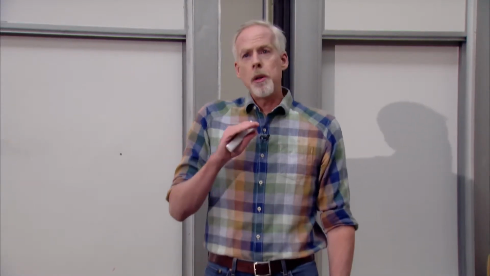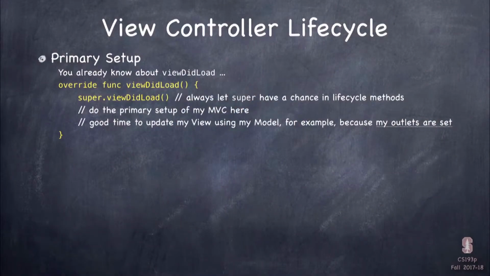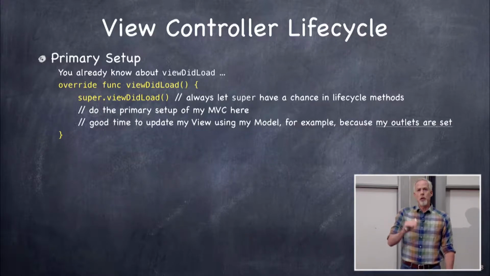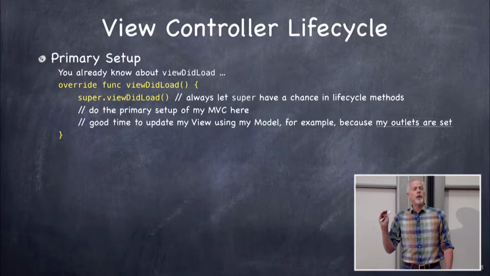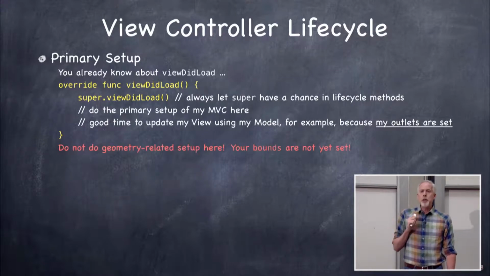All right, so let's talk about all the methods that get sent to your ViewController when all these things happen. Now, you already know the first one, viewDidLoad. I mentioned it in your homework. It's a really powerful place to do initialization because you're already prepared and all your outlets are set. So now you really can go to town. And so it's great for that, and we usually put most of our initialization in viewDidLoad, with one huge exception,